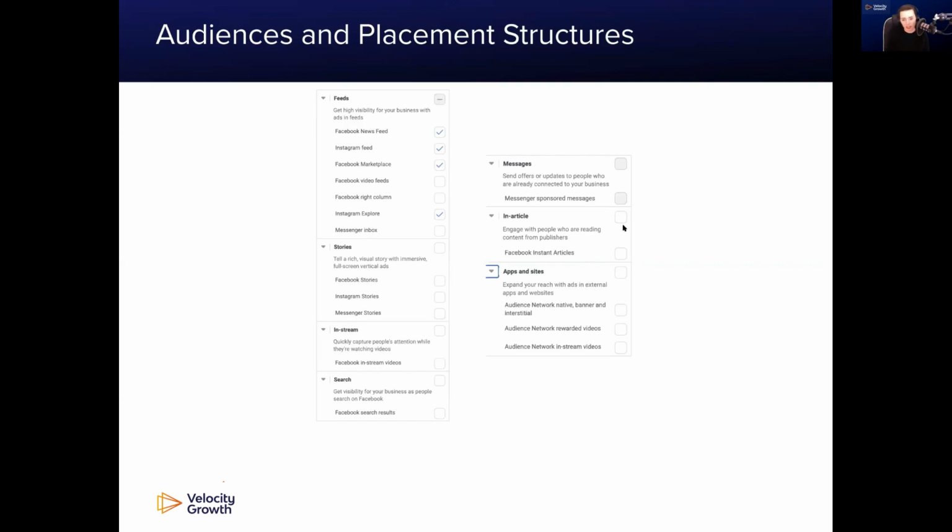And the other thing that I often recommend to people as well is really considering the in-stream and in-article options. So for example, you know yourself when you're watching a video on Facebook and next thing the advert pops up in the middle. In that instance, it's kind of just annoying. You're just irritating someone who's trying to take another action. So in that instance, I typically turn that one off. In-article as well, someone's just trying to read the article. And also it's very difficult to